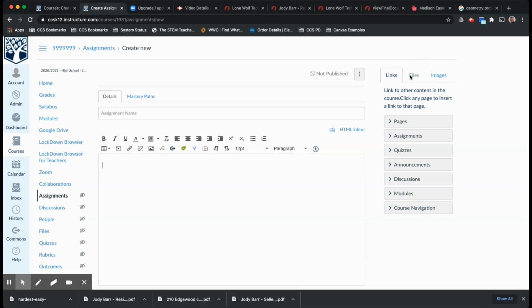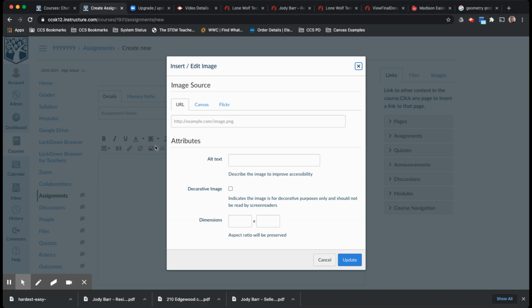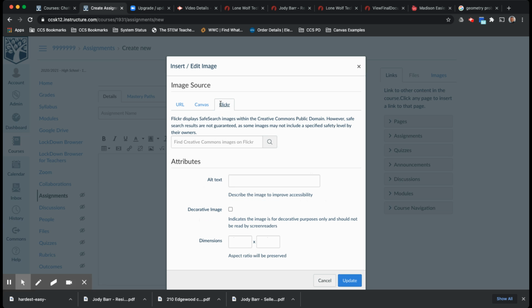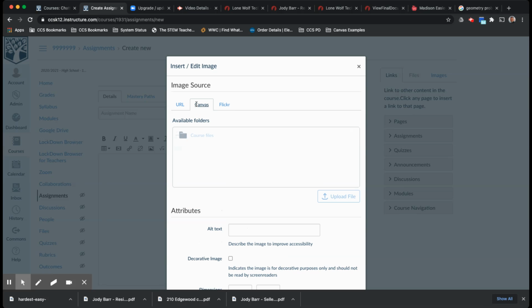We're currently working on that, but there are a couple of other ways to do this that actually may be more beneficial to you in the long run. So the first way we can do this is just to go here to embed image. That is, if the file I want to embed is an image, then I can go right here, and I'm going to choose one of these three things. I can either download the image directly from Flickr or choose a URL, but in this case I'm going to